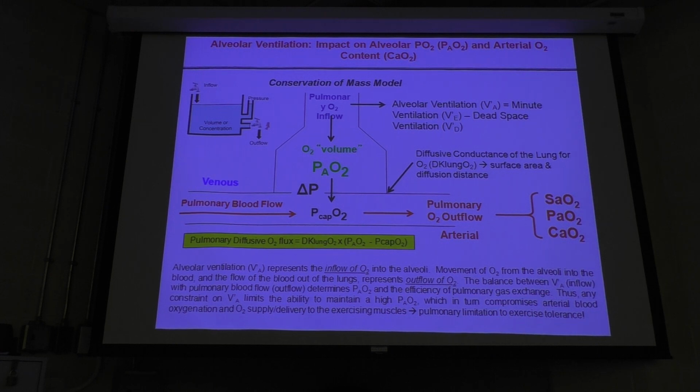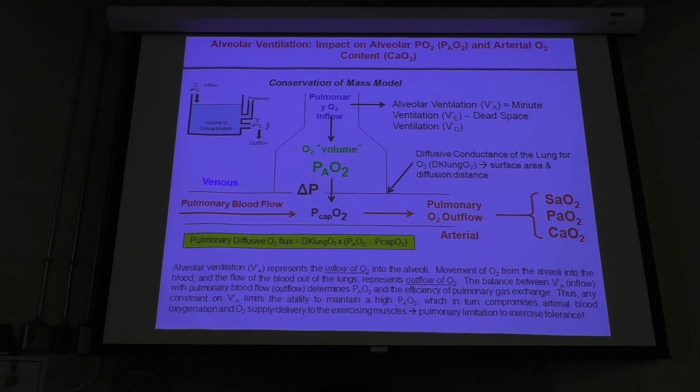So you can appreciate that we need to have some matching. It's better to have disproportionate increases in alveolar ventilation than it would be in, say, pulmonary blood flow. Because then that would actually increase the alveolar partial pressure of oxygen, which would facilitate oxygen exchange between the lungs and the blood. We wouldn't necessarily want to have a circumstance where pulmonary blood flow is disproportionately high for alveolar ventilation, because we'd be creating a circumstance where oxygen outflow is greater than oxygen inflow into the alveolar compartment, which would not facilitate